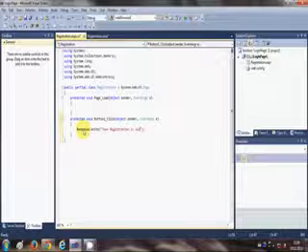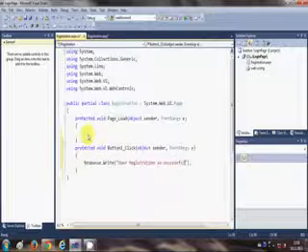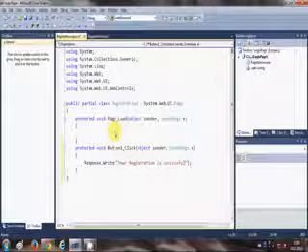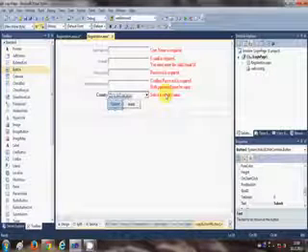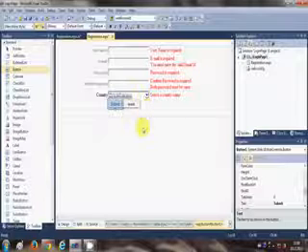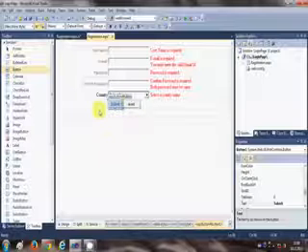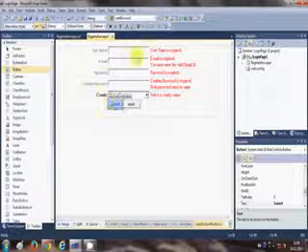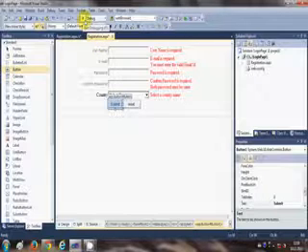So just choose this, start debugging. You can run your program like this also, just click this button, or second option is just right click your project and say view in browser, and it will show a message. So you say yes, and you can see whatever forms you have here, registration ASPX, and it will open your registration.aspx, and it's showing some